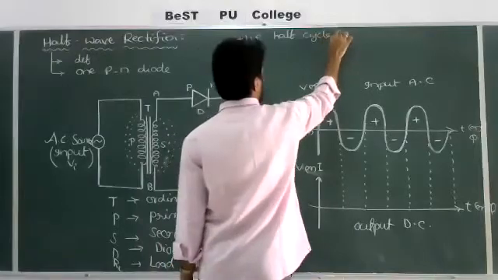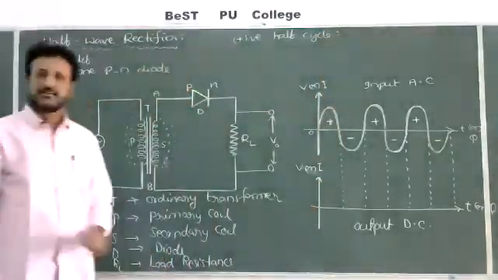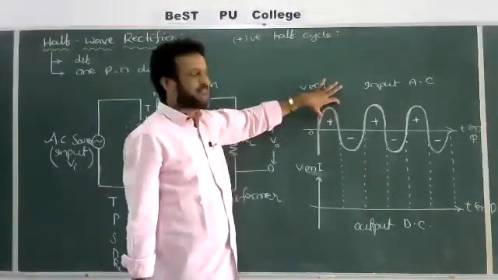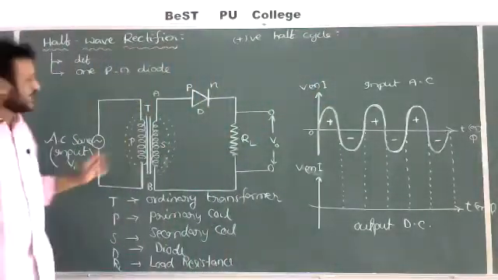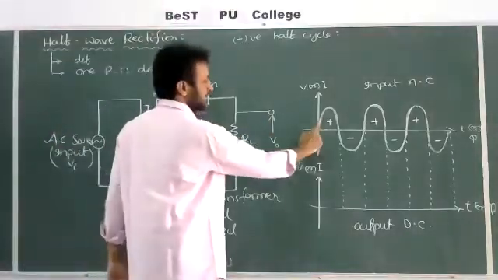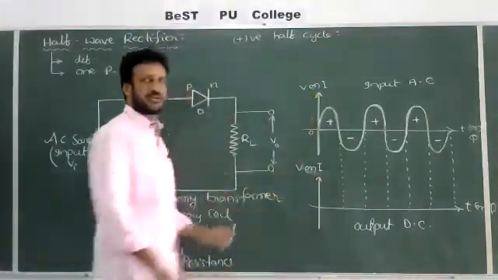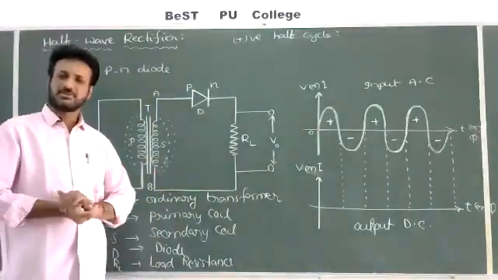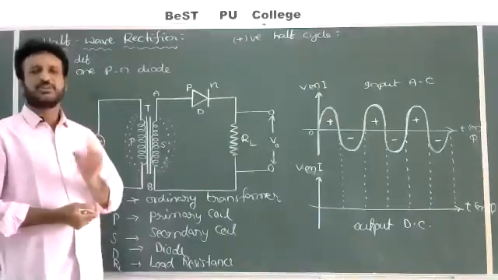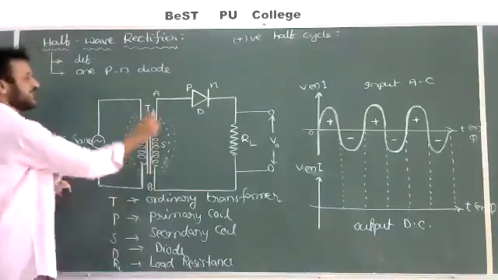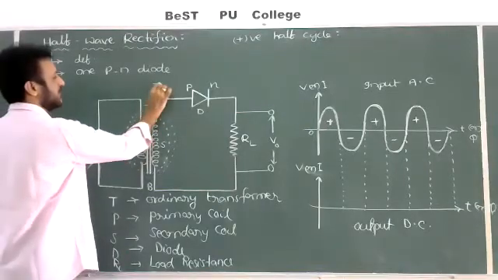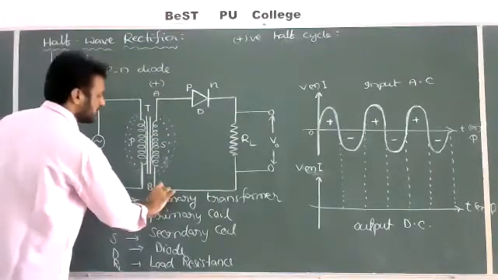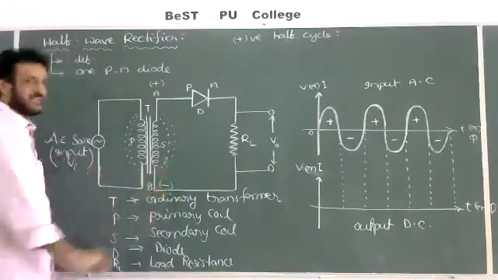During the first positive half cycle, what will happen? First half cycle means we are sending only this part of the graph through the primary coil. As the magnitude of the current is increasing, the magnetic flux or field linked with the coil also increases. This increase in magnetic field or flux can produce some induced EMF or induced current. So during the first half cycle, the upper part of the secondary coil acts like a positive terminal. At the same time, the lower part of the secondary coil acts like a negative terminal.